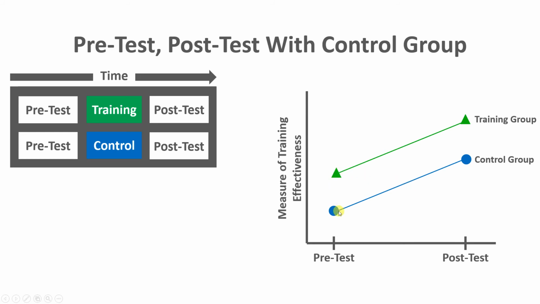These were maybe pre-existing differences that people had from the start, and the increase you see here was maybe due to outside forces, due to outside learning. Perhaps the training itself wasn't effective, but both groups, because they were exposed to the pretest, which had measures of training effectiveness, were cued into what was important.